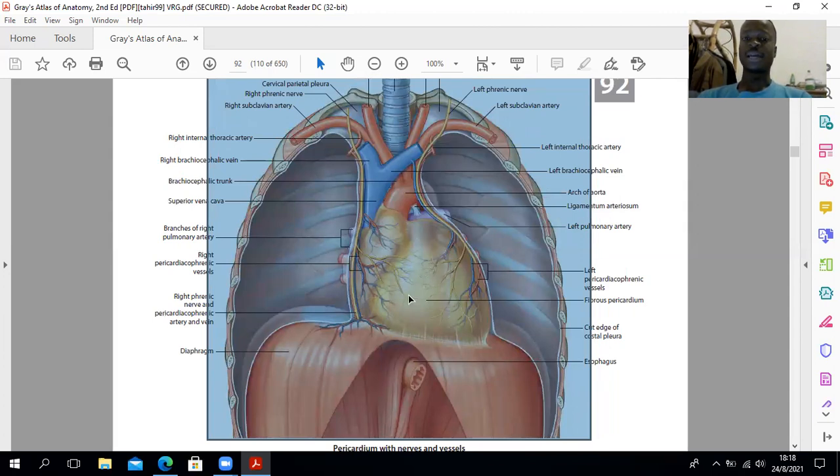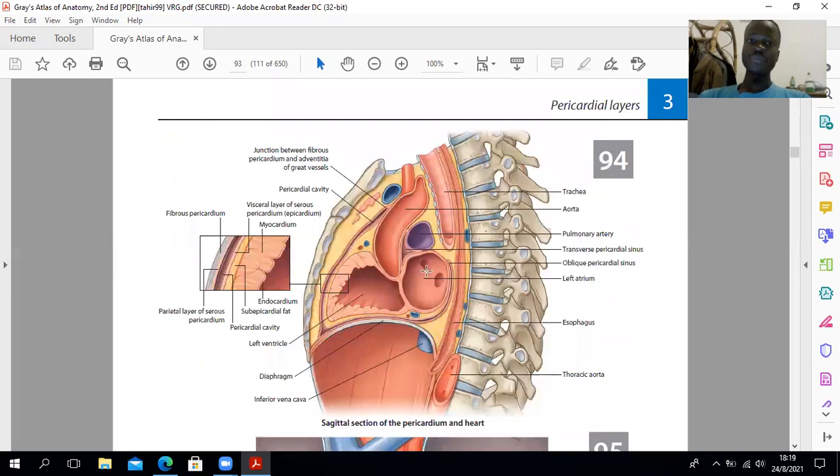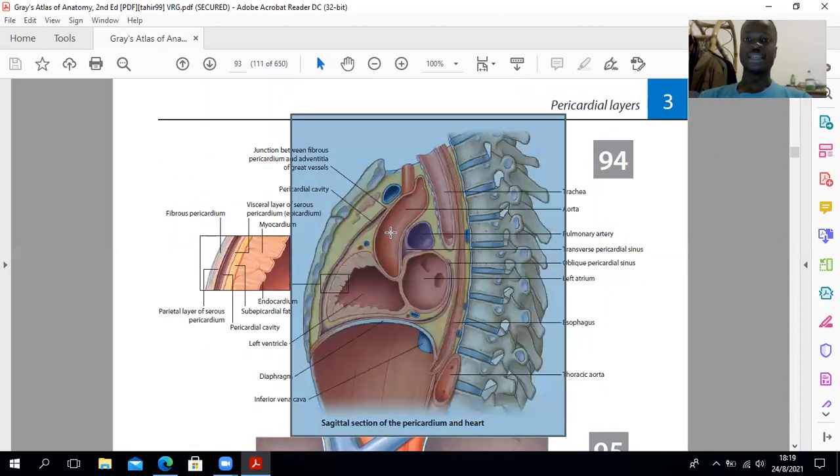And this fibrous pericardium will actually be attached in front to the sternum via your sternopericardial ligaments. And in terms of its innervation, it's actually going to be innervated by the phrenic nerves, which are also going to be innervating the parietal part of the serous pericardium. Then if you look at the other layers of the pericardium, you'll notice that for